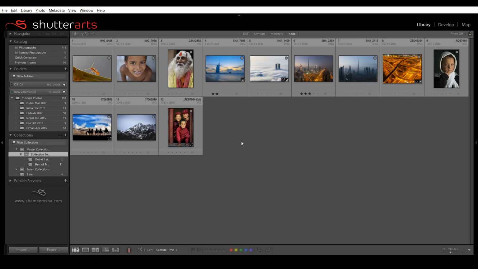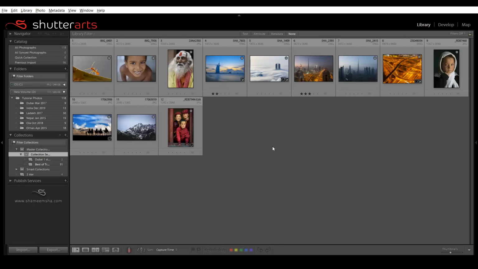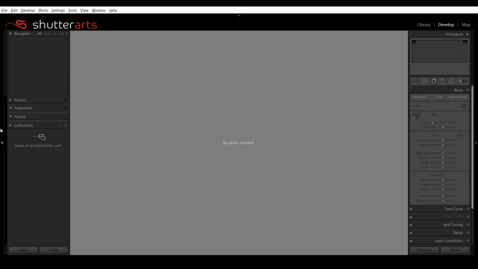Another place where you can find the collection is while we import. During import itself, we can add the imported photos into a collection. Once you tick it, it's going to give you options. Again, the same features are available. You can click the plus sign and create a new collection. Automatically you'll be creating a folder, as well as it will be going to the collection also. And collection is also available in your develop tab. Once you're in develop tab, here also you can find the collection.